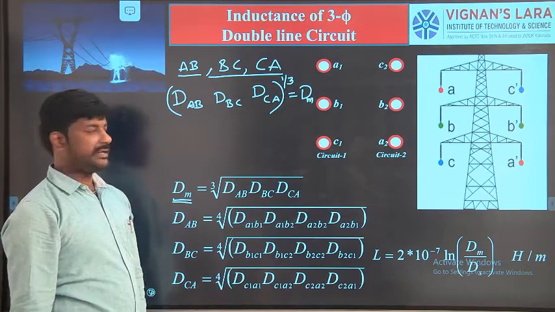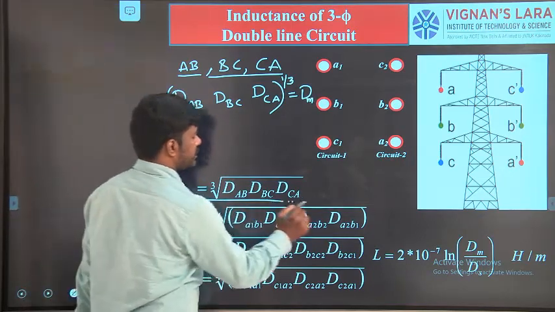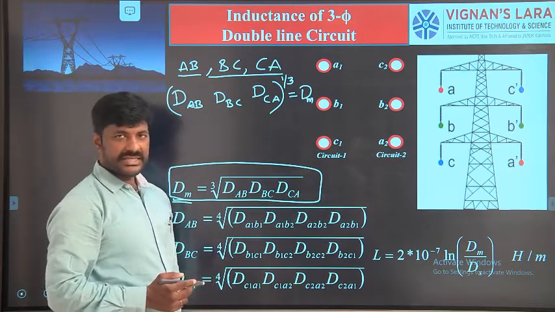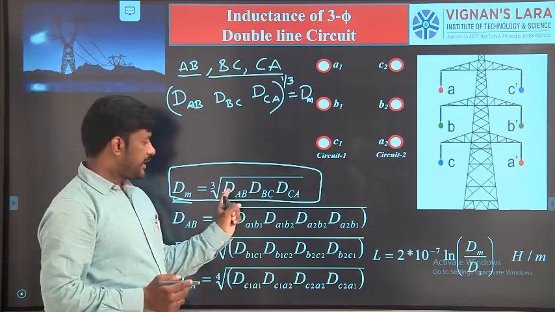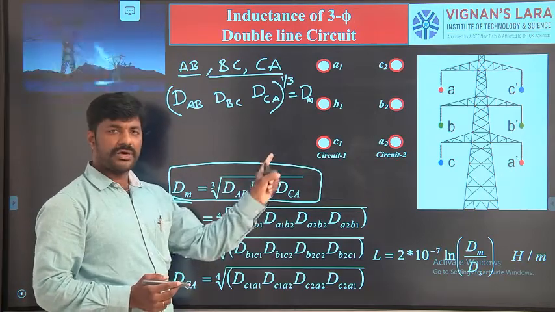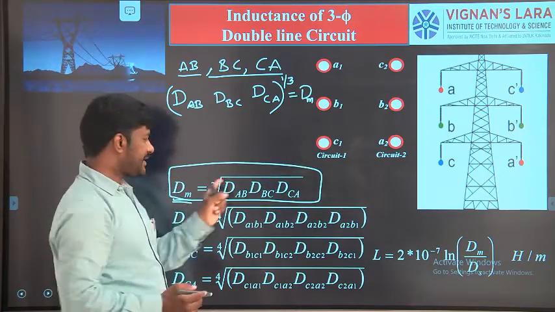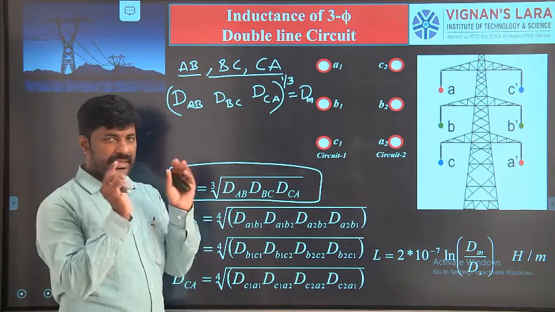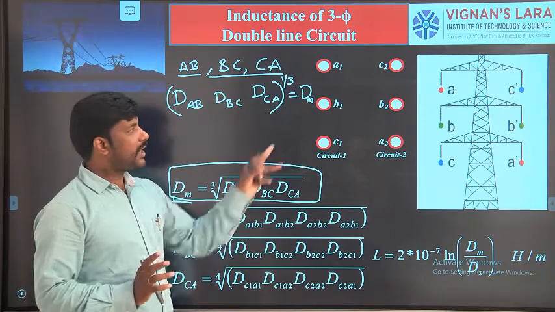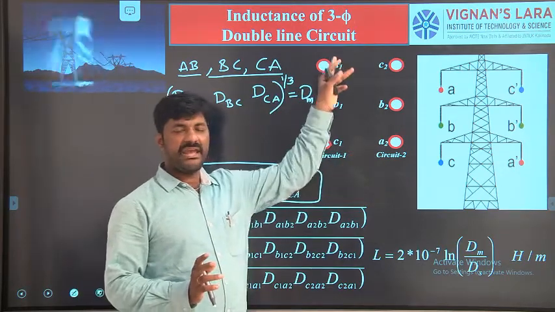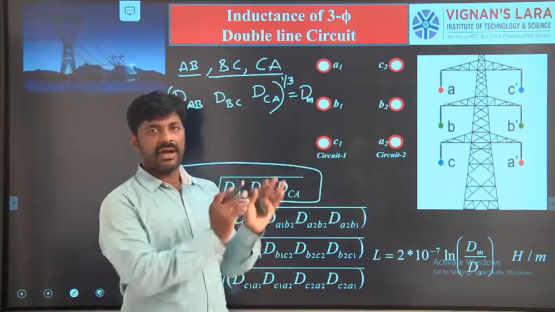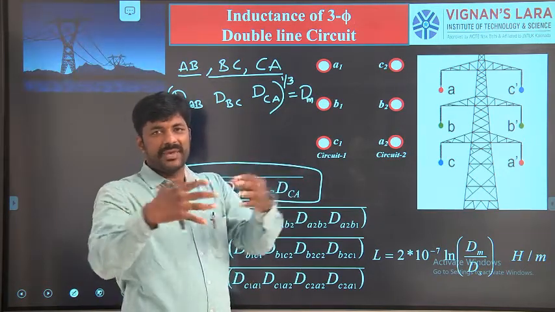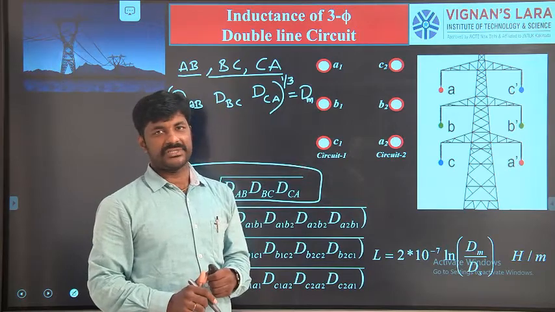Let us check one by one. This is the formula. Mutual GMD is equal to product of all the three possible distances mutually occurred, DAB, DBC, DCA whole to the power 1 by 3. And next in that DAB, let me expand DAB. Think once. Okay. So what are the possible distances between A, B? Let me call for circuit 1 first of all. Later we will go for circuit 2. Again we will mix up those two. That is the general procedure.